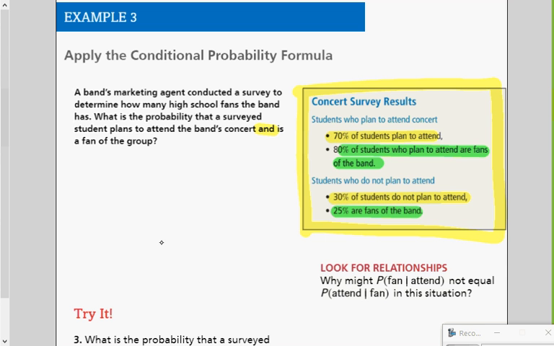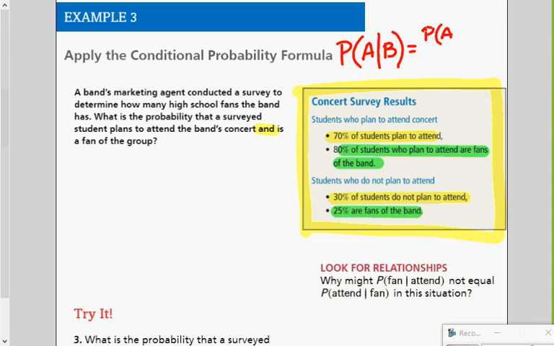Looking at example 3 here from section 12.2. Go ahead and read the problem. The data on the right side is what we're going to be using, and we're going to be using this formula that we talked about yesterday. The probability of A given B, let's write this down at the top here, please, is found by taking the